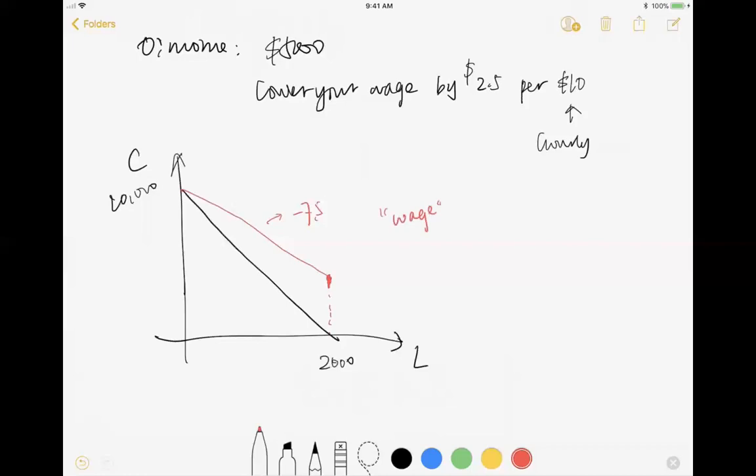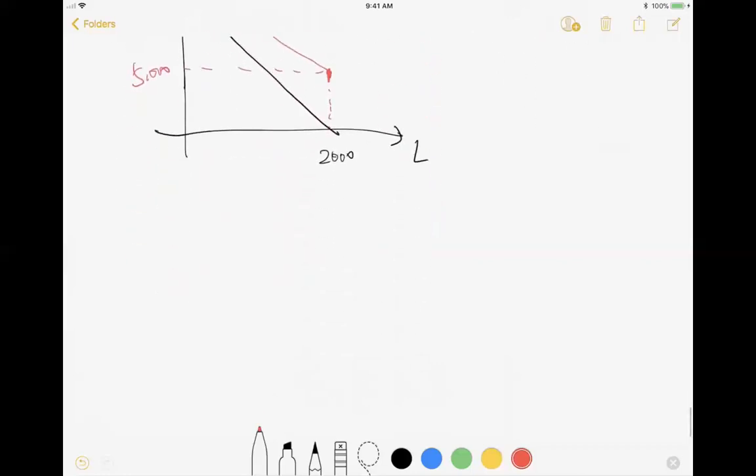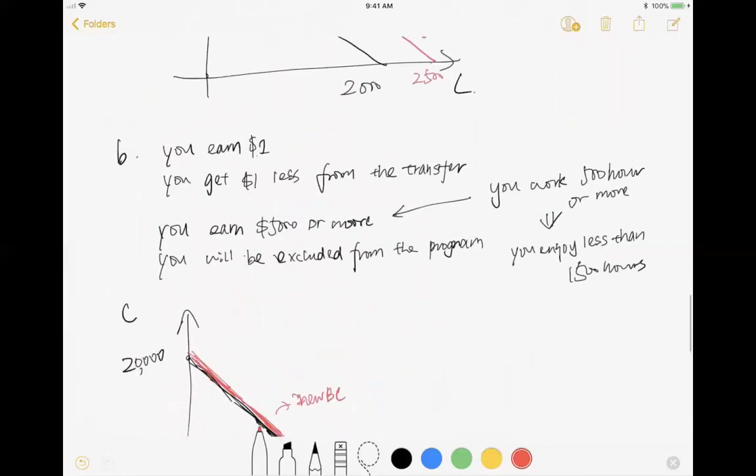And when you earn $20,000, the amount of the transfer will reduce to zero. So this line and this line will intersect at this point. This is 5,000. Okay. Oh, I'm sorry, I forgot to draw